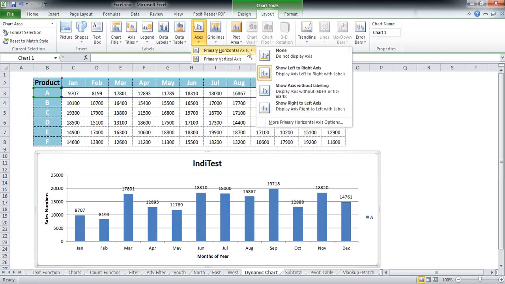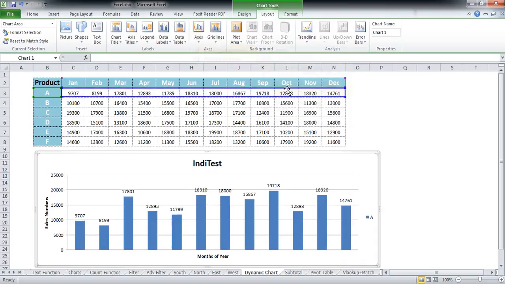Beginning with the horizontal axis, the default option that has been selected is to show the axis left to right, which simply means that my axis would appear in this following manner. What if I wanted my axis to appear without the heading? So there you go. Now there are no Jan, Feb or March available to us over here, and we have a plain line representing our horizontal axis.